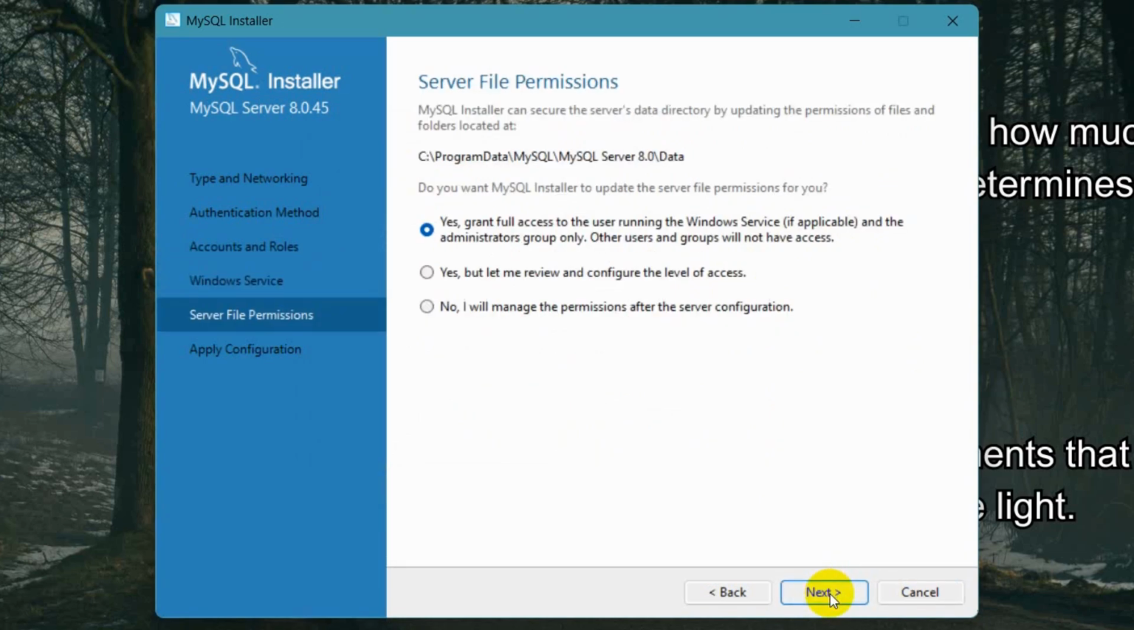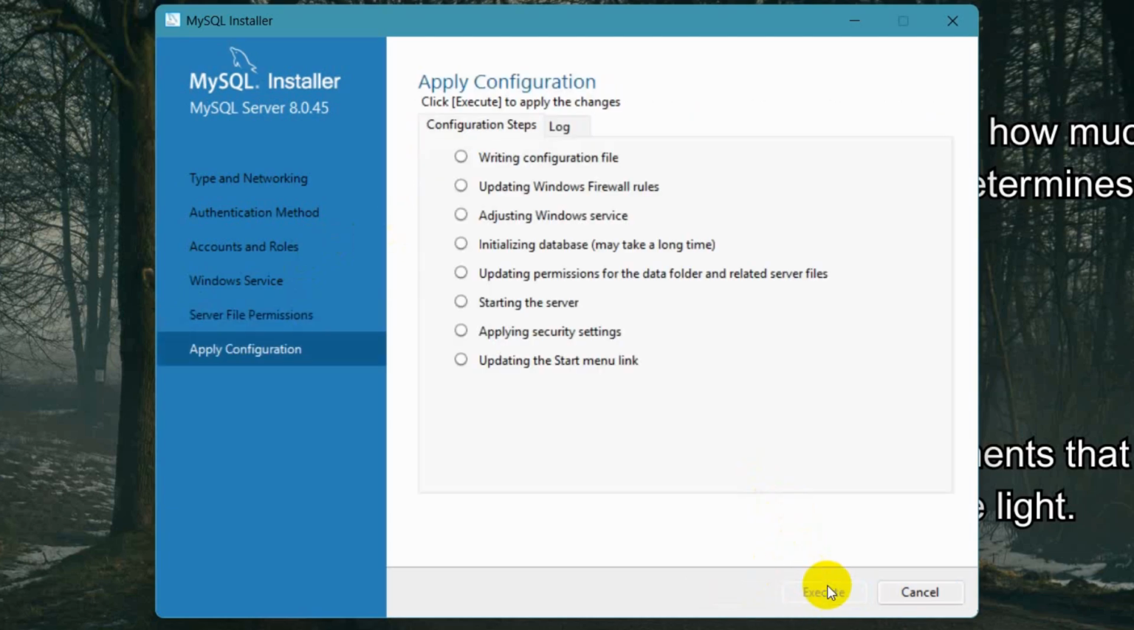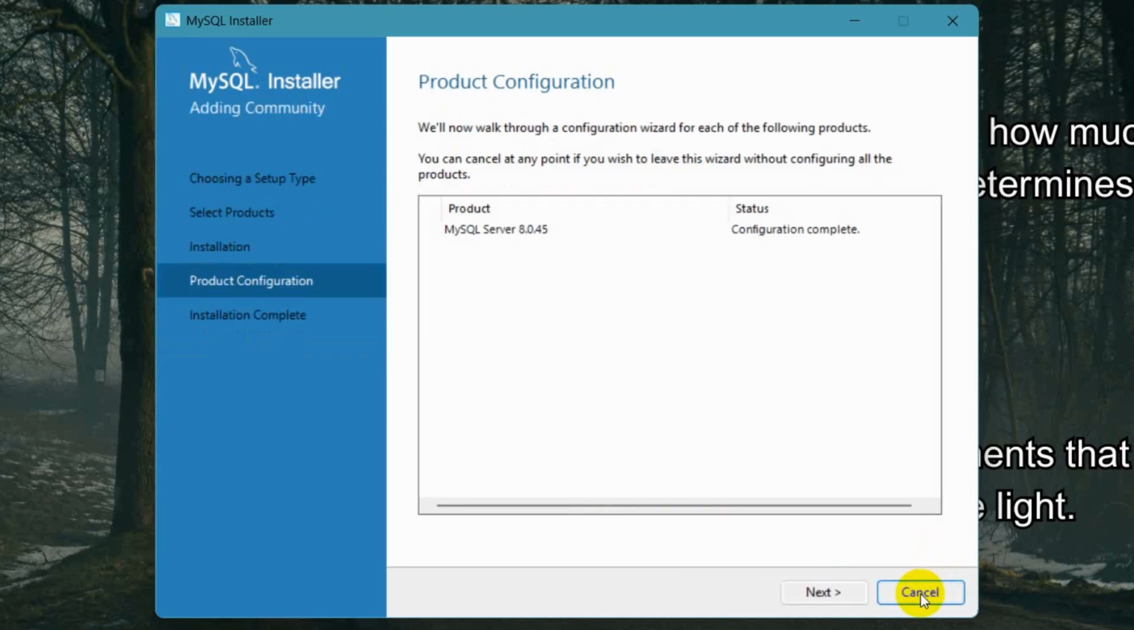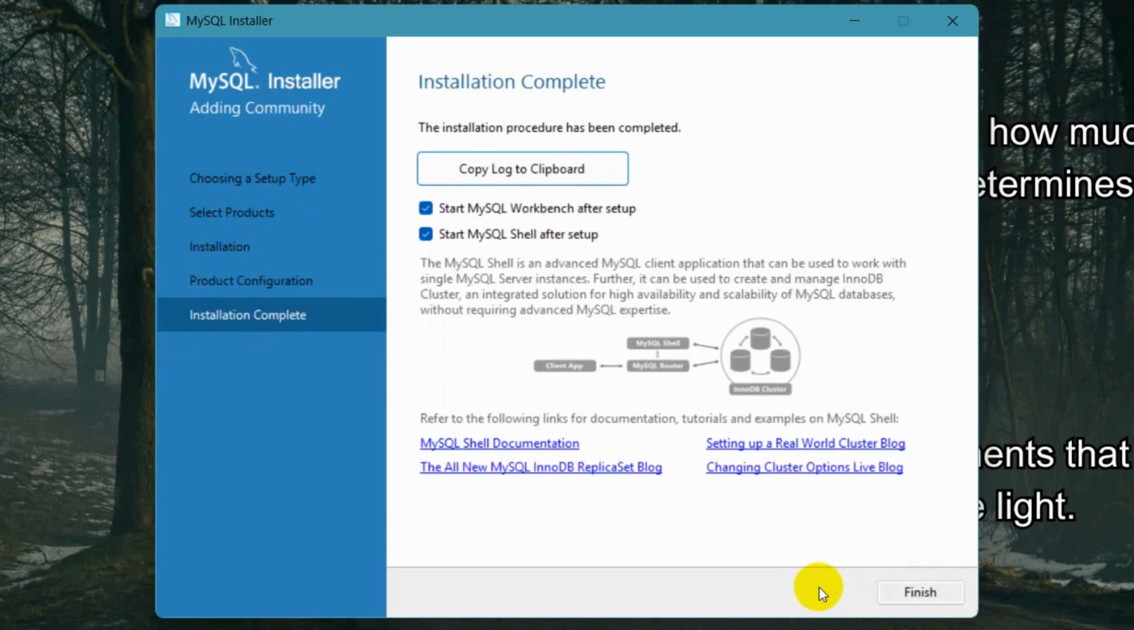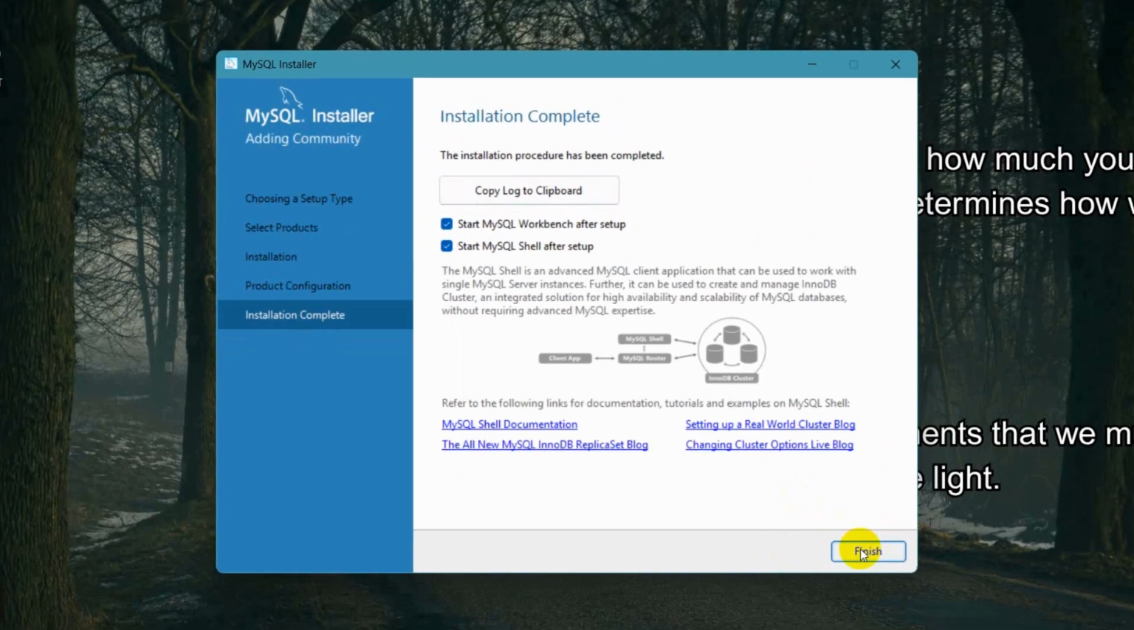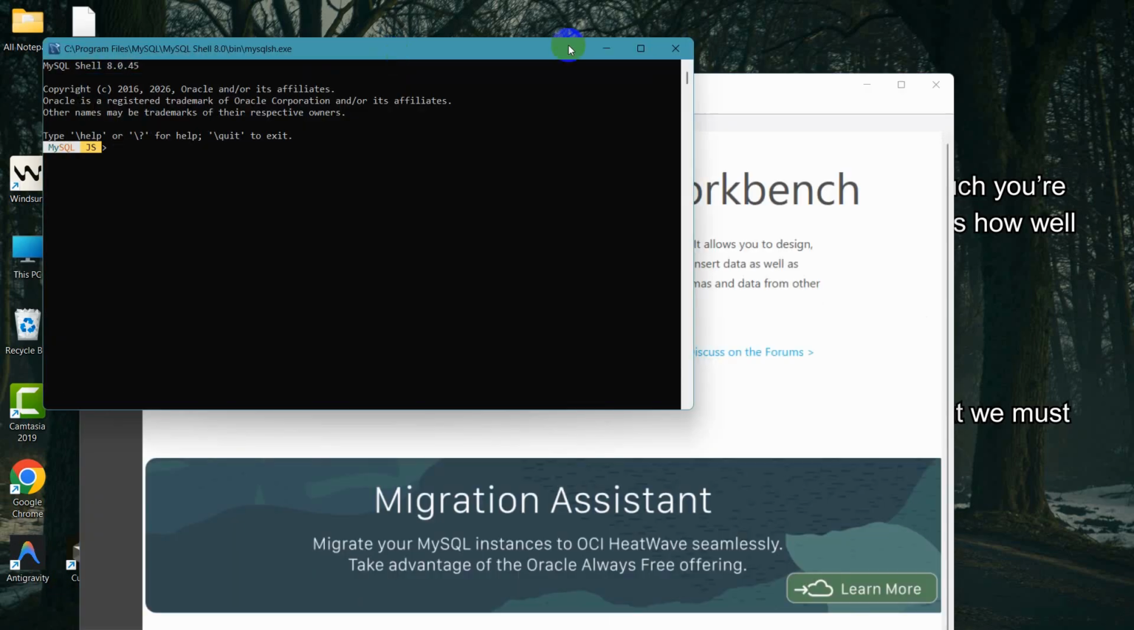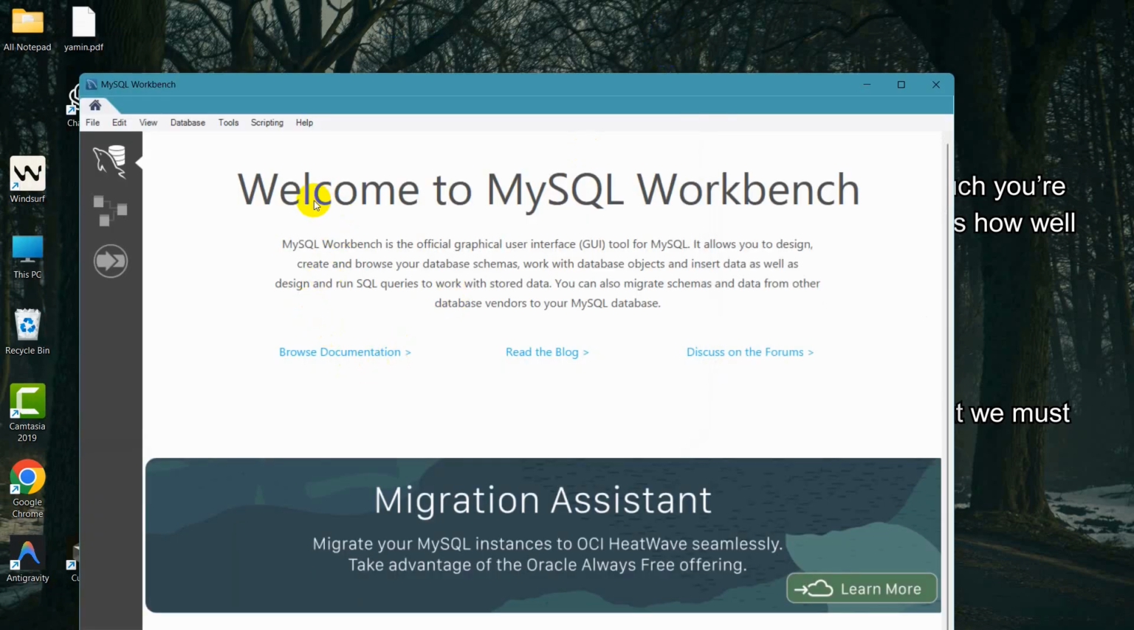then click on next, and yes, grant all access. Make sure to check the first one, click here next and click here execute, and there you can see it's done. So right now we're going to click on finish, then click here next and click on finish again. It will open a command prompt, so we can just close the command prompt, and here you can see